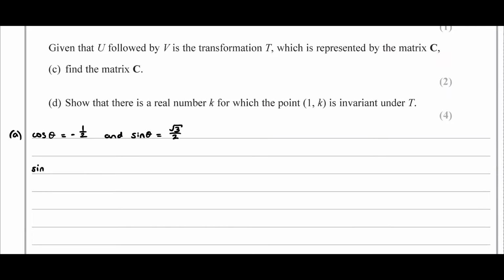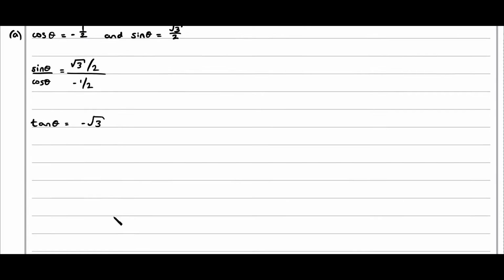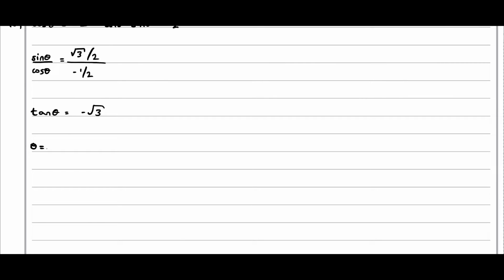If we work out sine theta over cos theta, sine theta, that's √3/2, cos theta, that's -1/2. So therefore, tan theta is equal to -√3. And therefore, theta will equal the inverse tan of